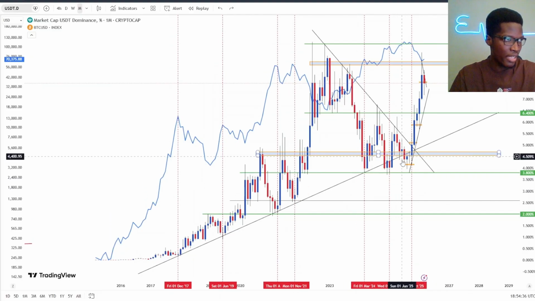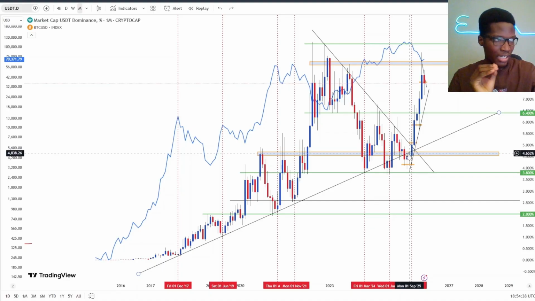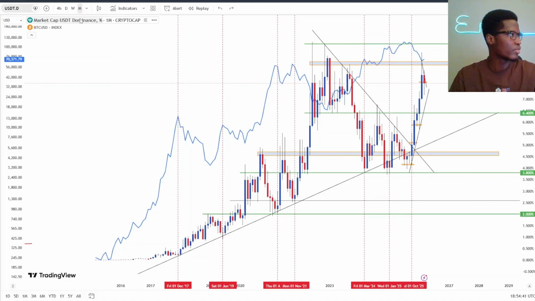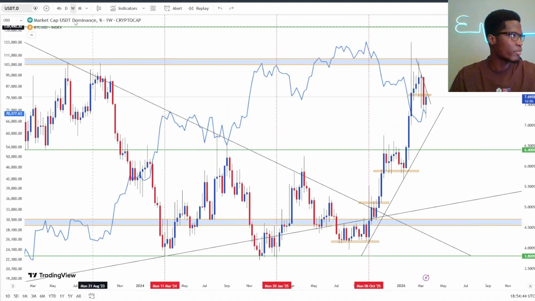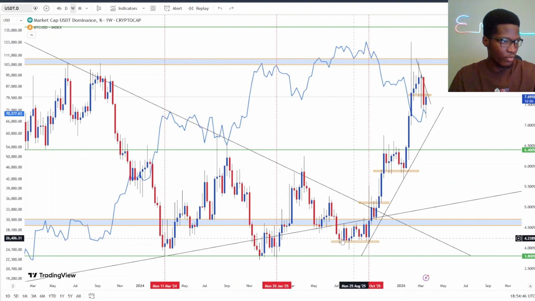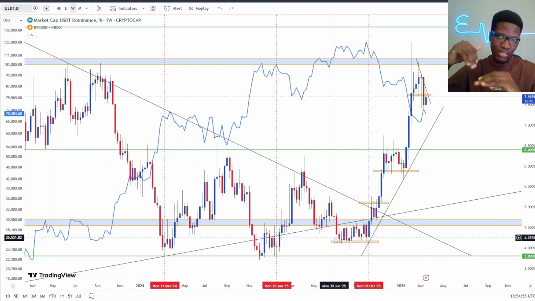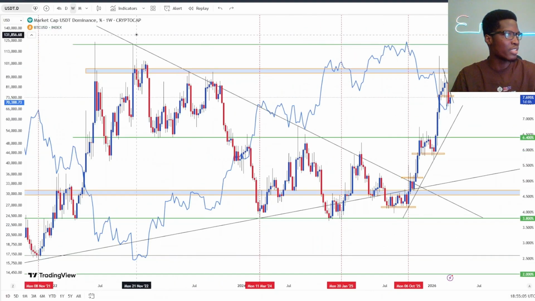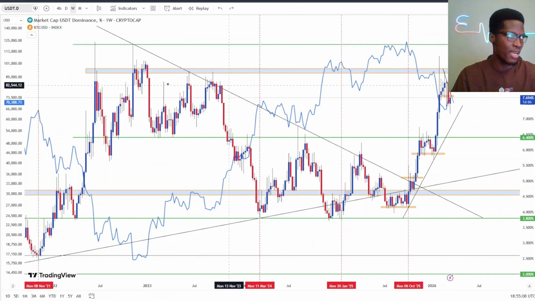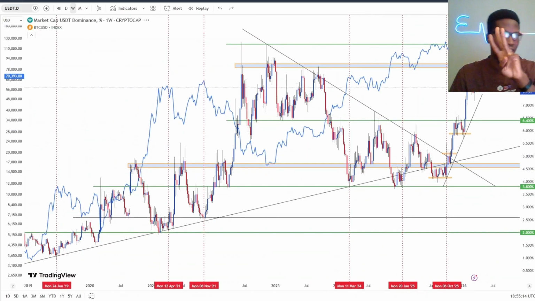So when we were here, I saw there was a break of the trend line and we were forming a bottom. You can go lower if you like. We were forming a bottom, or a support level, into October. That alone gave me an idea that we are about to bottom to the upside. And if USDT dominance is going bullish, that means Bitcoin USD is about to get bearish. And we saw this counter trend line, and I explained why I expected this to break.